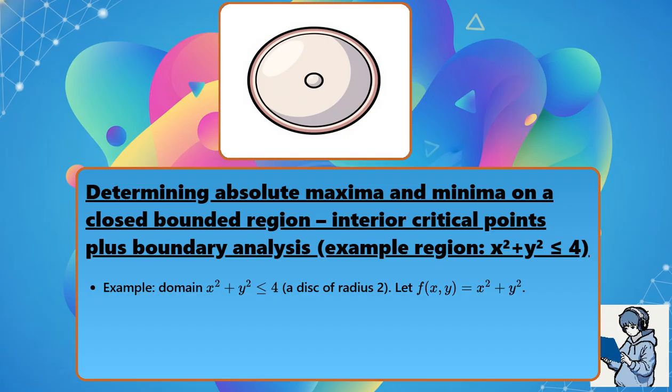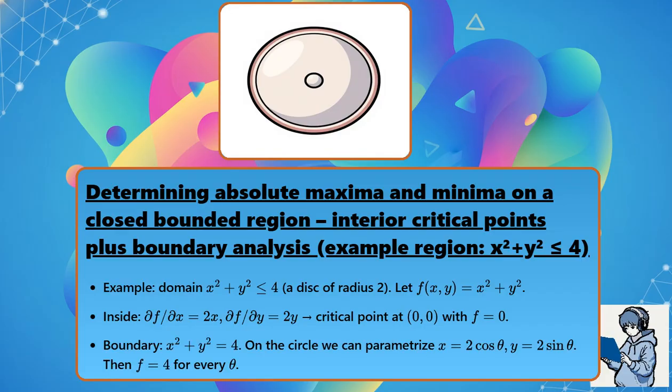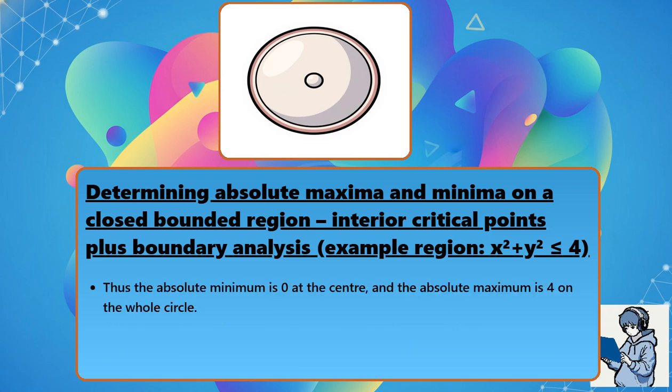Example: domain x squared plus y squared less than or equal to 4, a disk of radius 2. Let f of x comma y equal x squared plus y squared. Inside, partial f partial x equals 2x, partial f partial y equals 2y, leads to a critical point at 0, 0 with f equals 0. Boundary x squared plus y squared equals 4. On the circle, we can parameterize x equals 2 cosine theta, y equals 2 sine theta, then f equals 4 for every theta. Thus, the absolute minimum is 0 at the center, and the absolute maximum is 4 on the